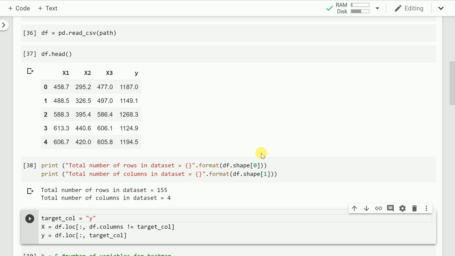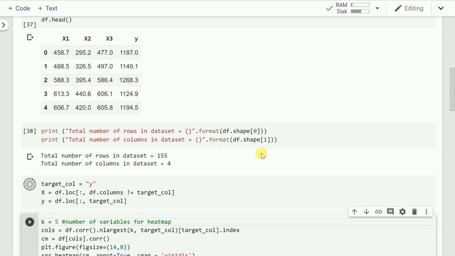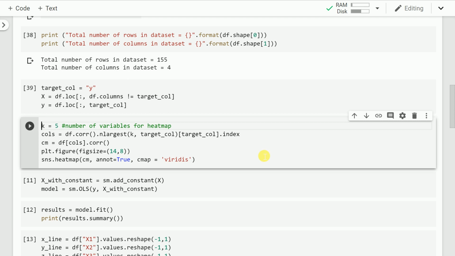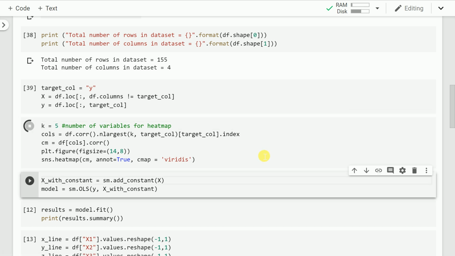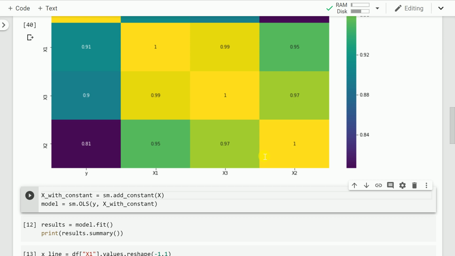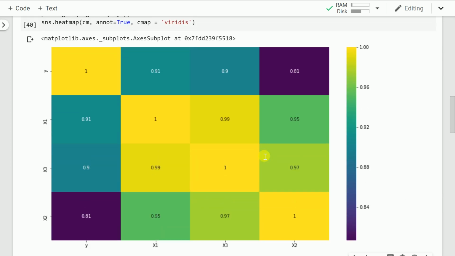Now that we've gone through the basic idea of what the data frame is, let's go on to separate the data frame into x and y, where x consists of features and y contains my target variable. Since this video is all about removing multicollinearity from a given dataset using PCA, firstly let's find out if my dataset actually has multicollinearity by plotting a heat map. So this is how my heat map appears.